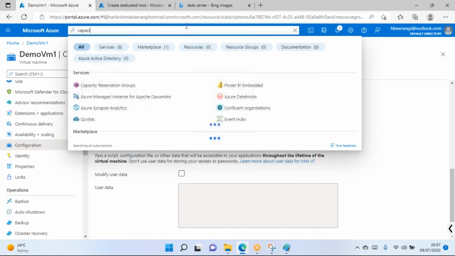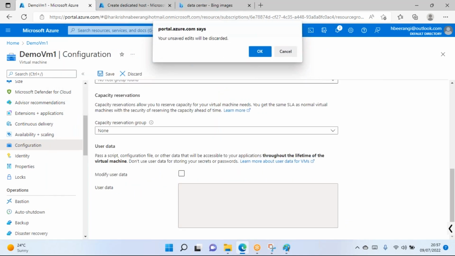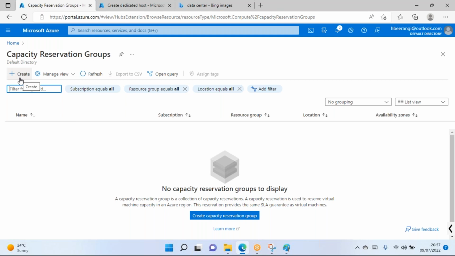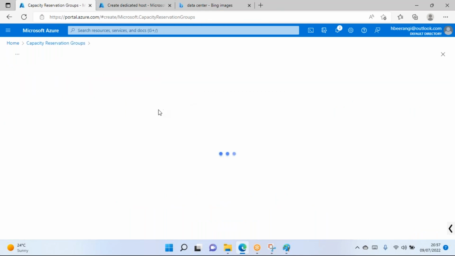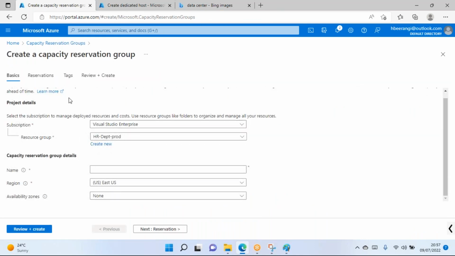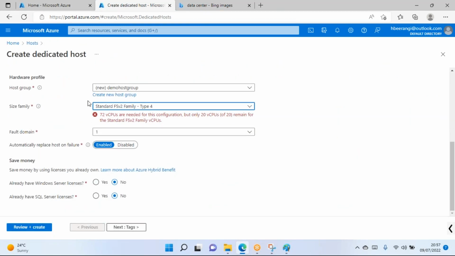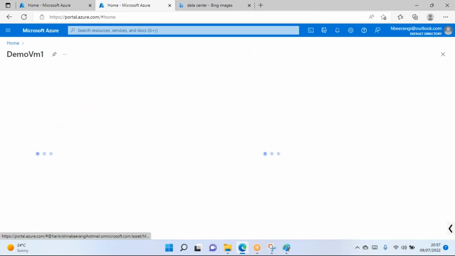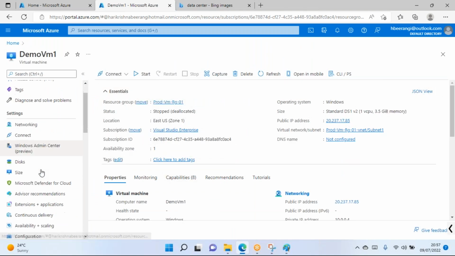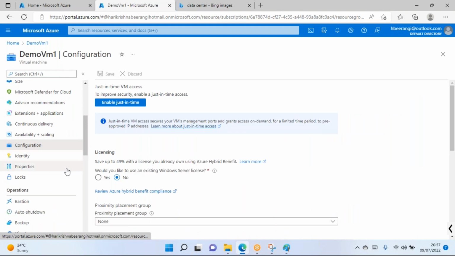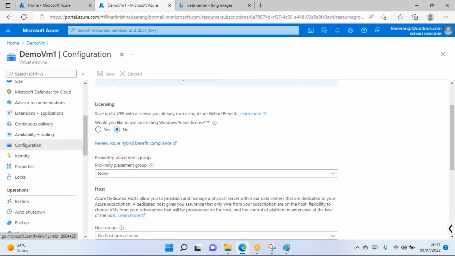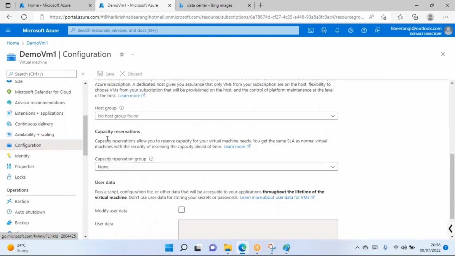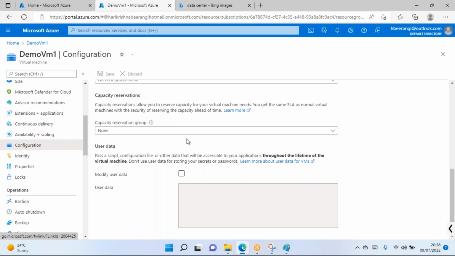సో కెపాసిటీ రిజర్వేషన్ చేయాలన్నా కూడా యూ హ్యావ్ టు క్రియేట్ కెపాసిటీ రిజర్వేషన్ గ్రూప్స్. సేమ్ ఇంతగా ప్రాక్సిమిటీ ప్లేస్మెంట్ గ్రూప్స్ అండ్ host groups చేసాం కదా, సేమ్ ఫీచర్ we have here where you can choose capacity reservation groups. Okay, Azure will take care of that group on the same family of the server that you have hosted. Okay, so that's the benefit of this configuration, where you have got just-in-time access, licensing, proximity placement group, host group, capacity reservations group, and user data. I'll stop it here and